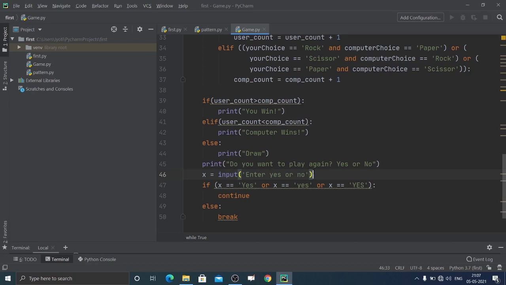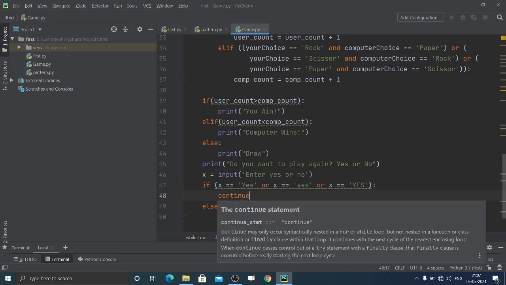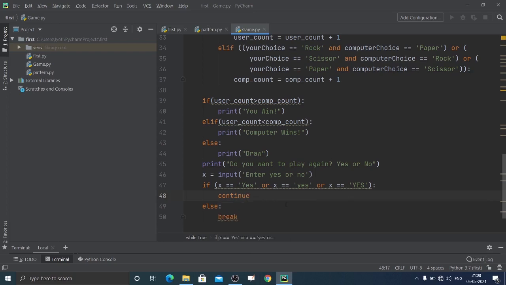Enter yes or no. And that input, it checks if it is yes or any kind of yes, it can be small letter or capital letter, then continue. Continue means what? If you remember in the control statement, here you can see the description is already there. In PyCharm for beginners, it is very helpful. You can just type and you can see these clues are a savior. You can always see what is the purpose of that statement.